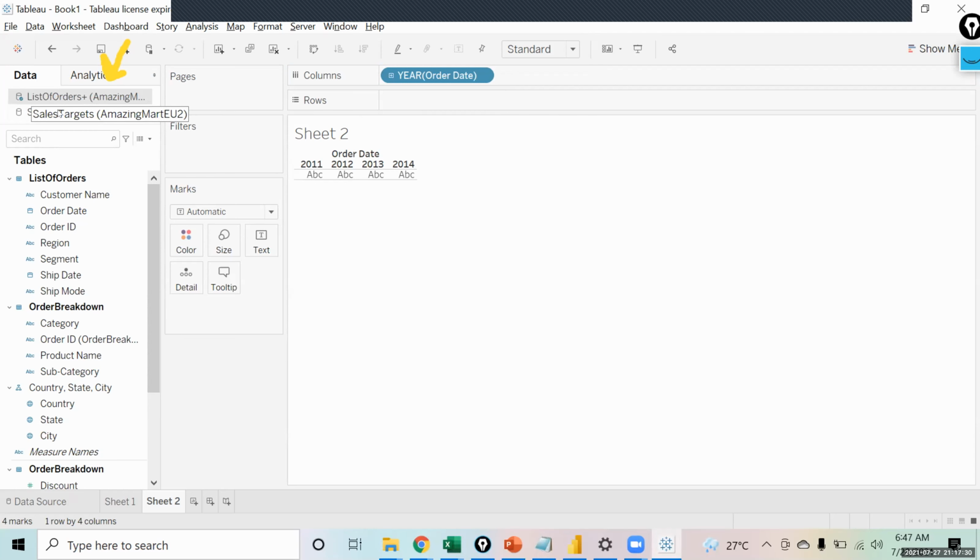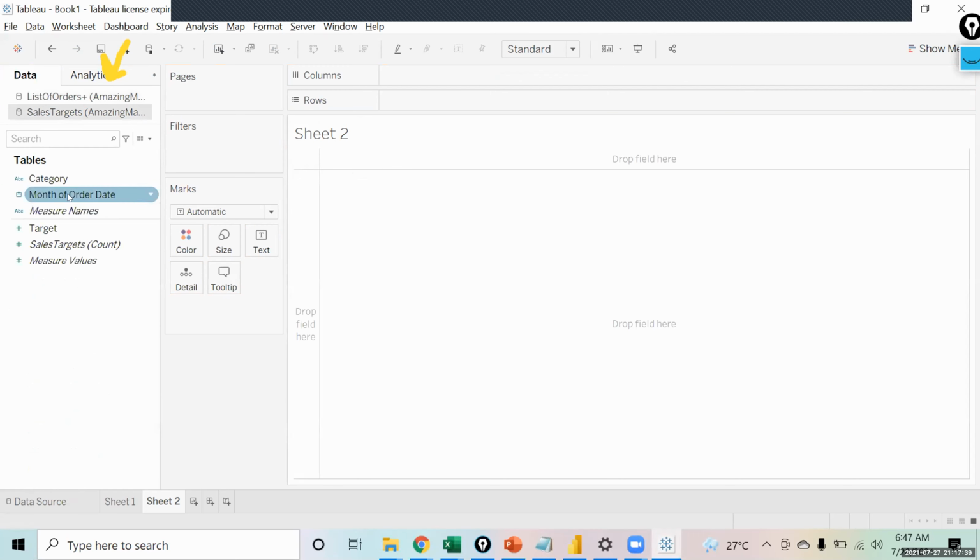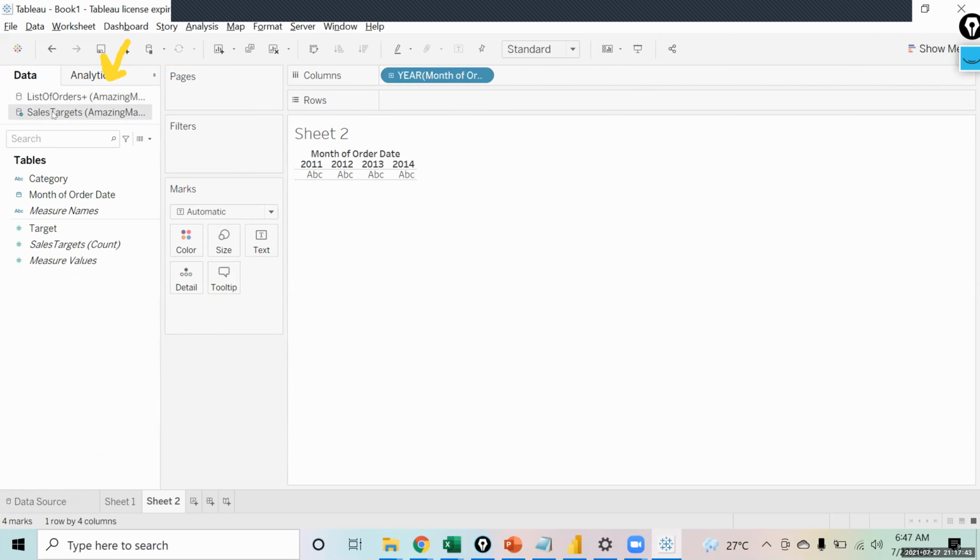You can see a blue tick mark, which means that this one is the primary data source. Suppose I bring the field from the second one, that is month of order date, you will see that now this becomes the primary data source. So whichever source you drag the field from first, that becomes the primary data source.